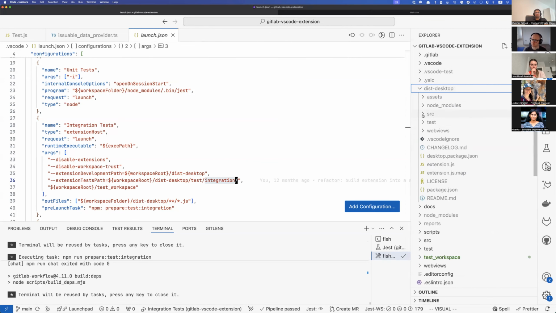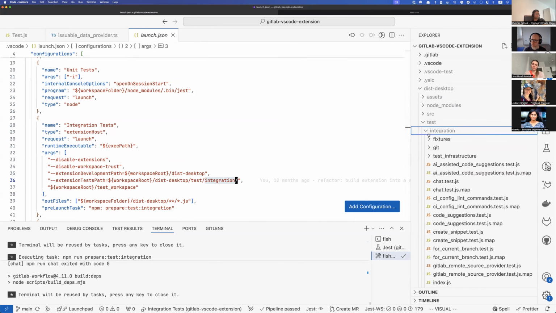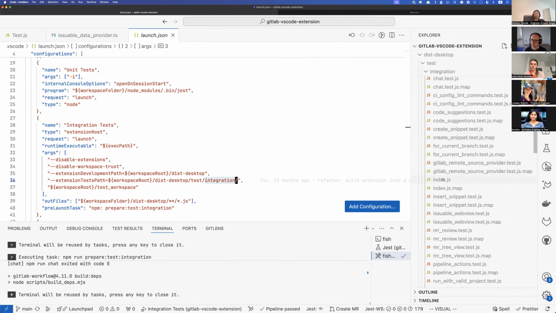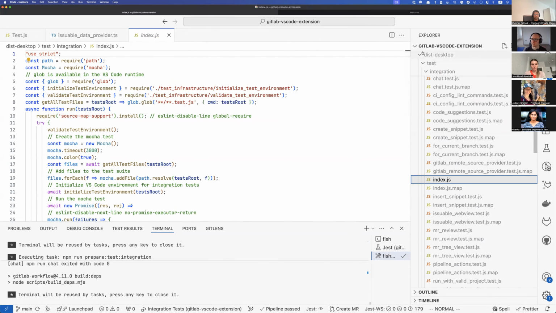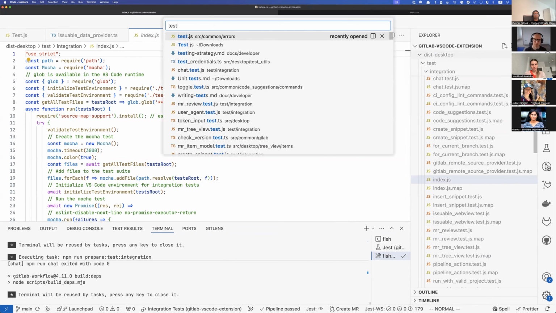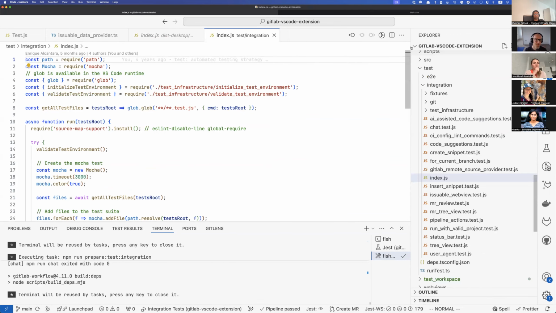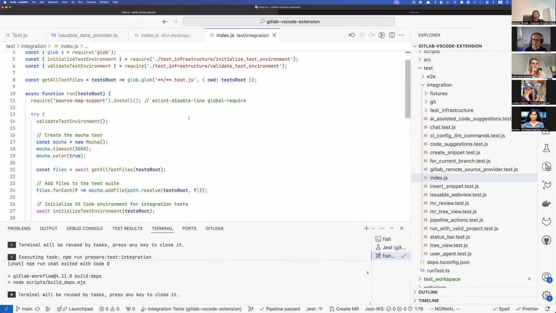This desktop, and we are test integration, right? So there is an index file here, and that matches our integration index. It's exactly the same, and that starts